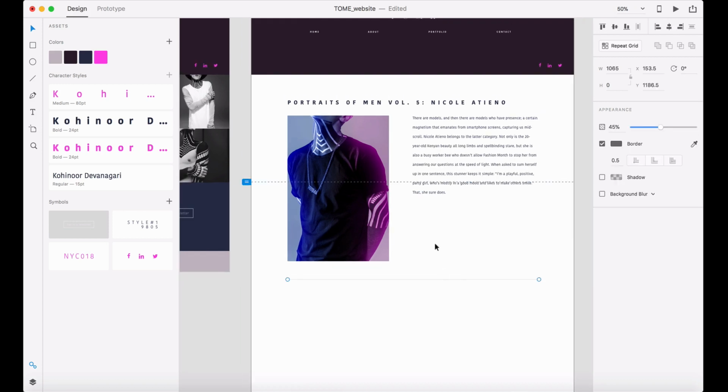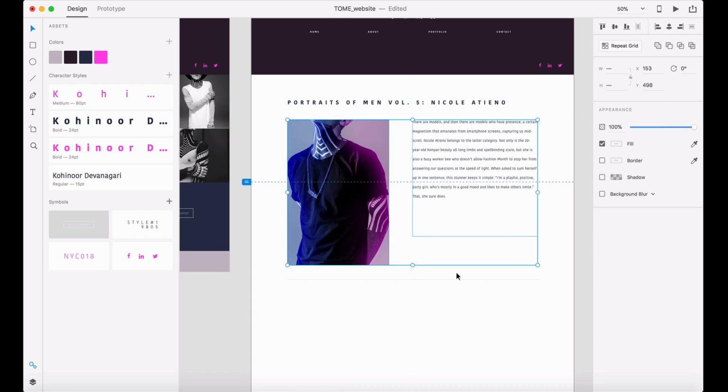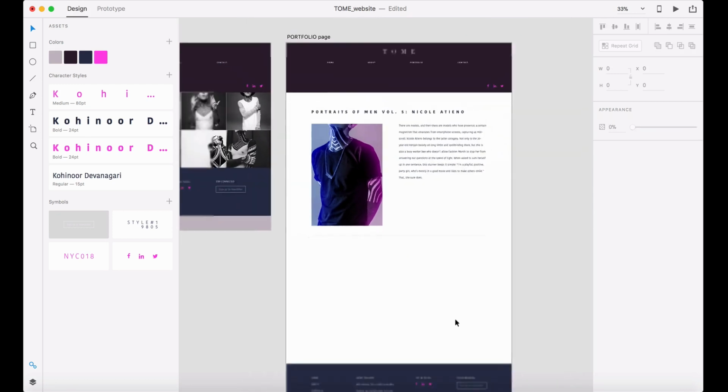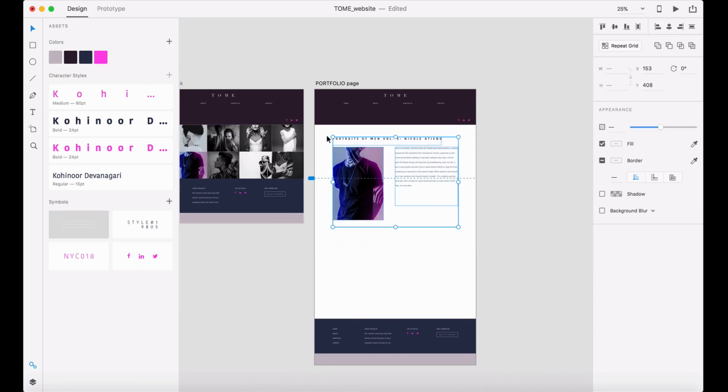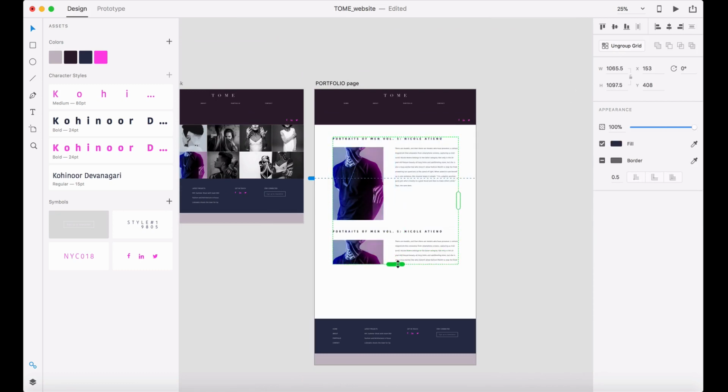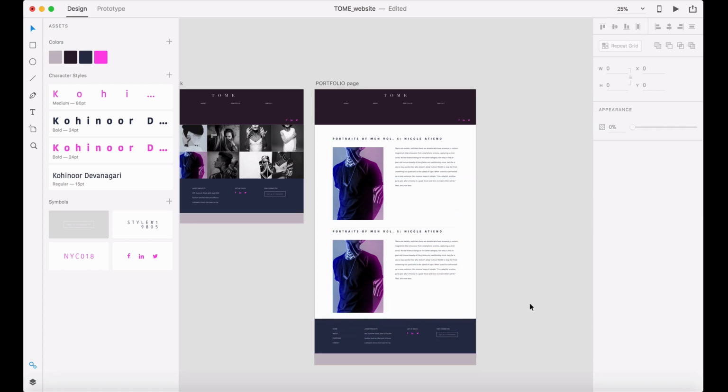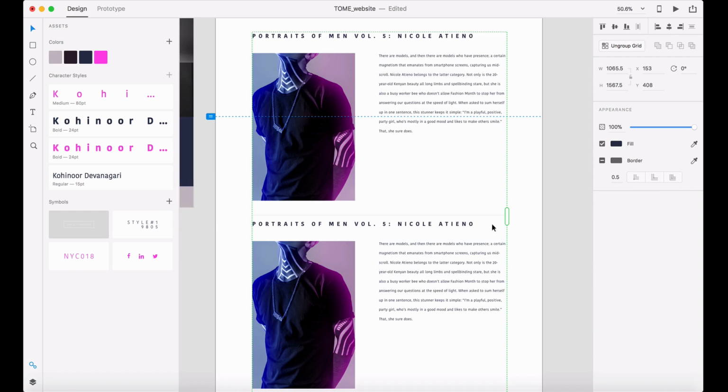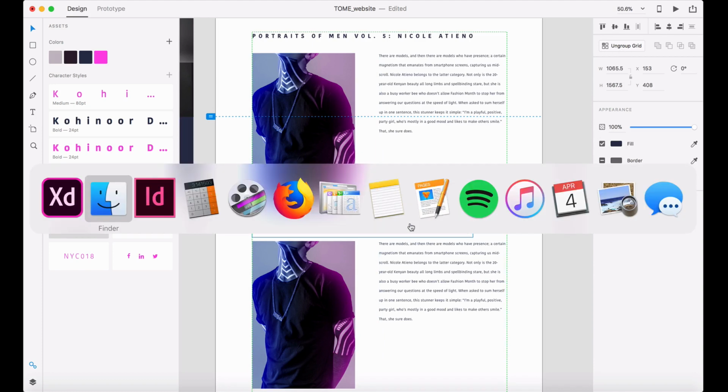So maybe you want to have a whole list of portfolio images here. You can select that and go repeat grid. And again, what it will do is just create another image and another image as far as you like. So we'll just do 2 for now. And you can do exactly the same thing where you can increase the space between the different elements, and you can also change